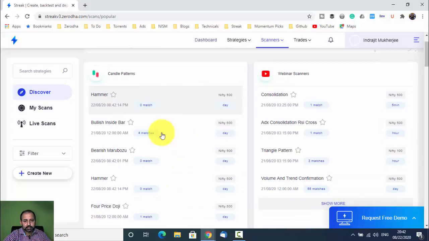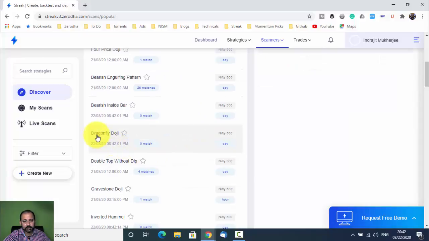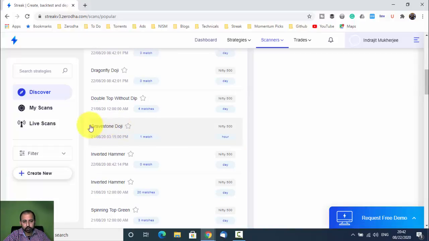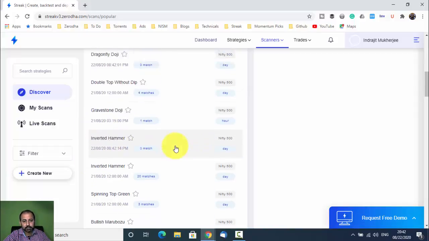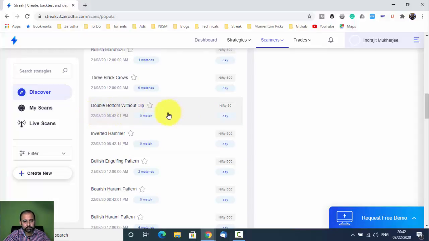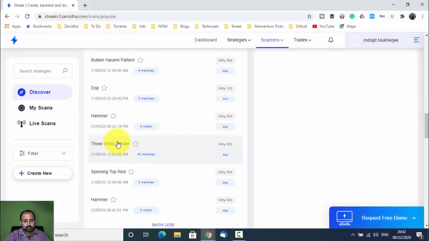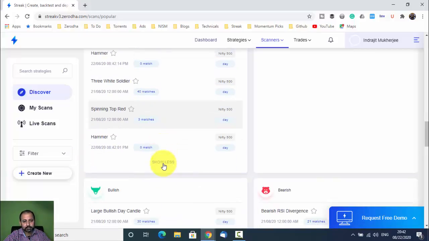I'll read out the names once again: hammer, bullish inside bar, bearish Marubozu, then 4 price doji, then bearish engulfing pattern, bearish inside bar, then dragonfly doji, double top without dip, then gravestone doji, this is a very important pattern, then inverted hammer, then spinning top green, then bullish Marubozu, then 3 black crows, double bottom without dip, bullish engulfing pattern, bearish Harami pattern, bullish Harami pattern, doji, 3 white soldiers, spinning top red, and so on.